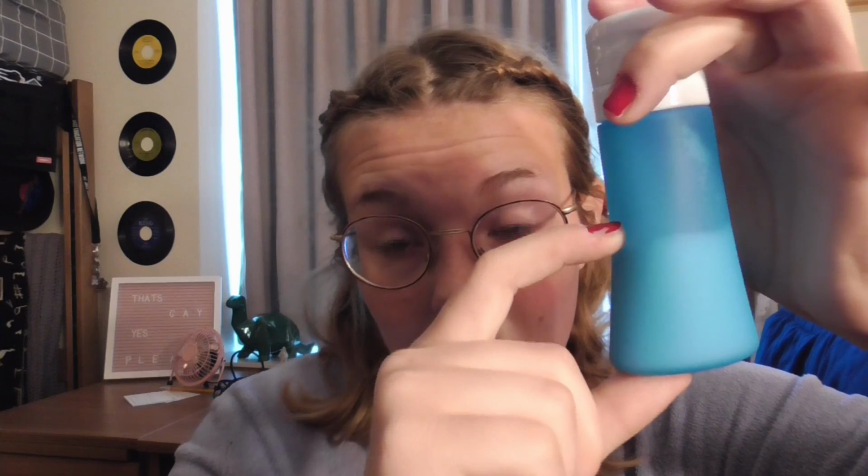Last thing I probably want to mention is I got these little squeezable containers from Target. I just put my shampoo and conditioner in here. I've probably taken 4 or 5 showers since I've been here, but as you can see, this is only halfway through. I honestly got a huge thing of conditioner, and the reason I'm mentioning this is because I think having a smaller thing to keep your shampoo and conditioner in, one, makes it easier when you're going to the bathroom so you don't have to carry a huge thing of conditioner, and 2,